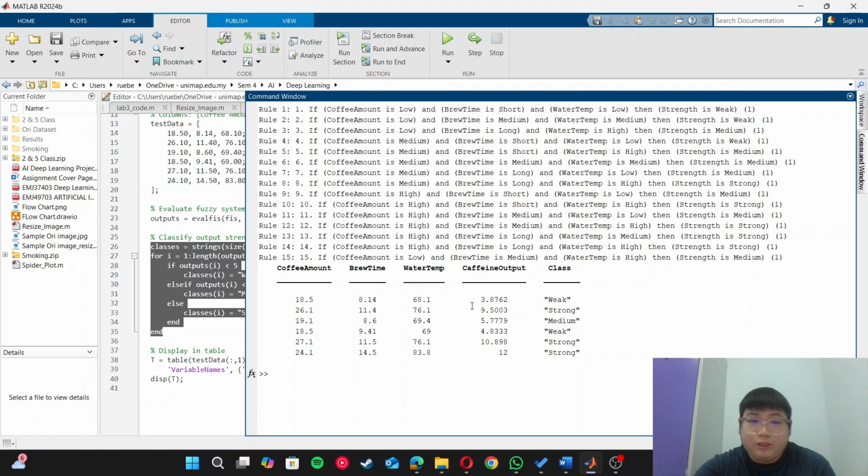In conclusion, our fuzzy logic model effectively handled imprecise brewing inputs and recommended personalized coffee strength to the users. This project demonstrates how fuzzy logic can be applied to everyday problems, and for future improvement, we may add more inputs like stress level or mood to implement a smart IoT-based coffee machine.